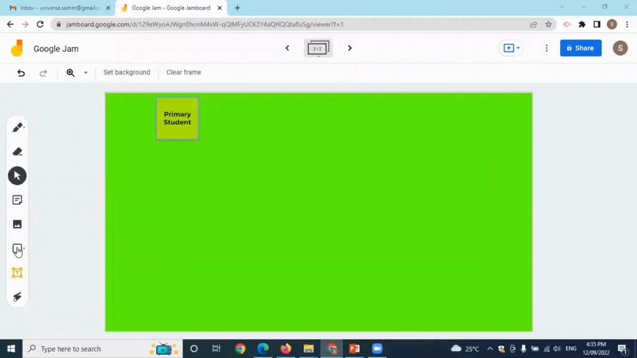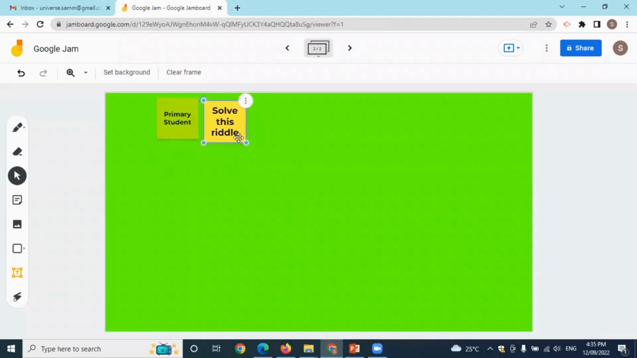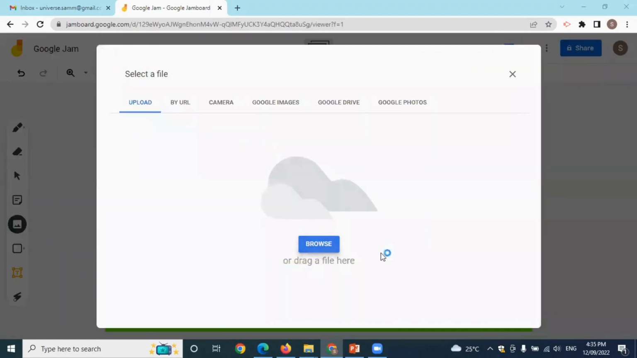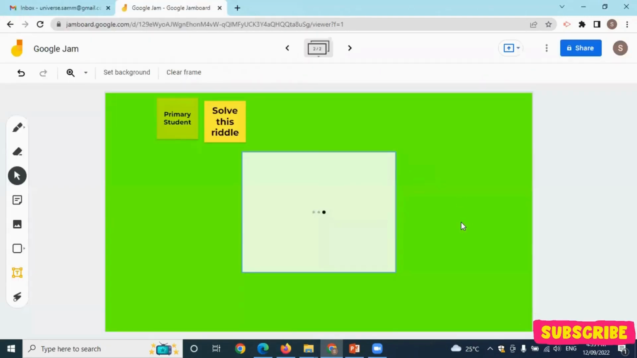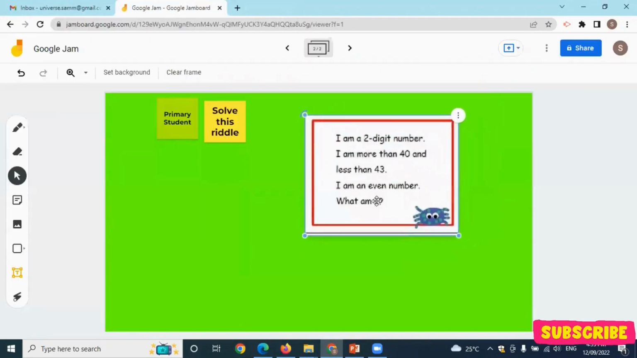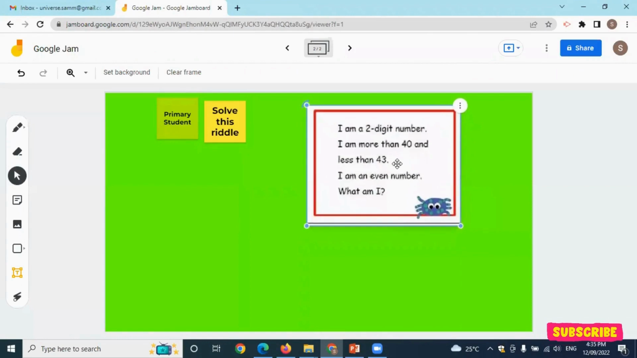Okay, and then I will assign a task to him. I would say, where is the riddle? I can upload an image. I have one question for him to solve. Okay, now the primary student will have to solve this riddle. The riddle is here, and when I collaborate this with him, he would know that he's supposed to solve this